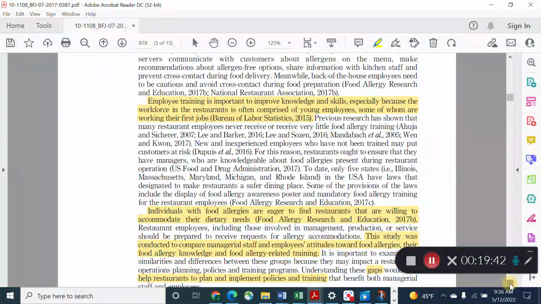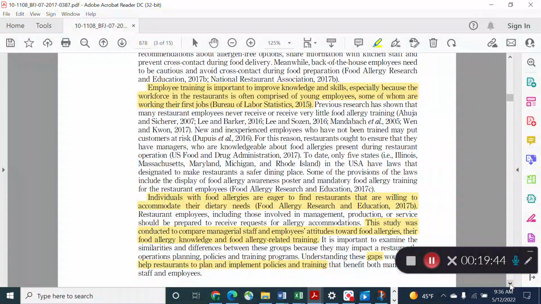Next paragraph, employee training is important to improve knowledge and skills, especially because workforce in restaurants often comprise of young employees, some of whom are working their first job. So now they start talking about how training is the most important thing. And so as we go through this article, that is related to knowledge,